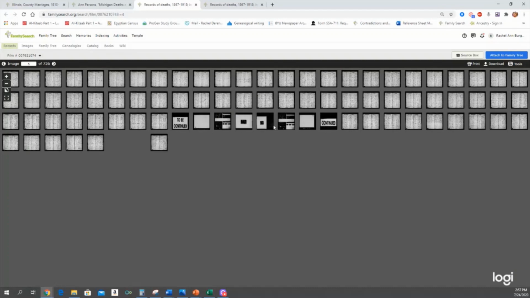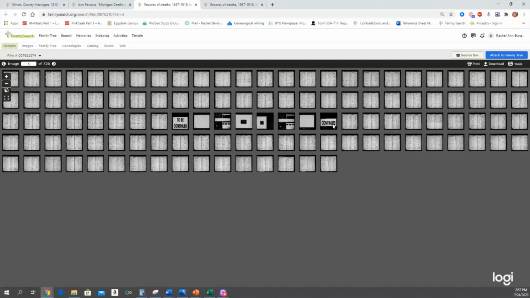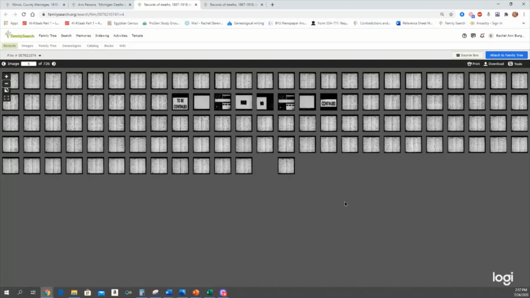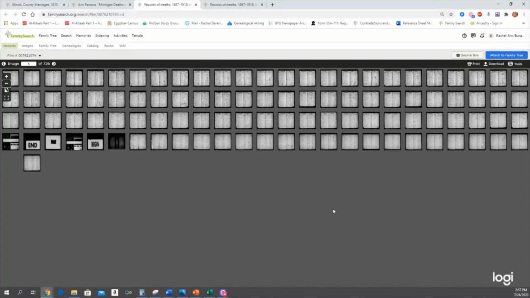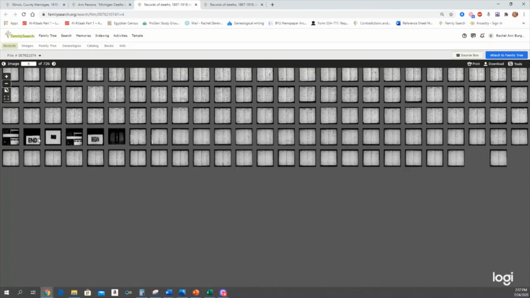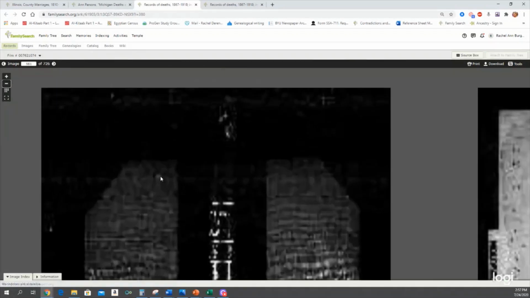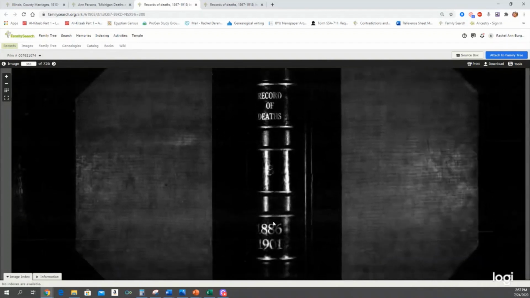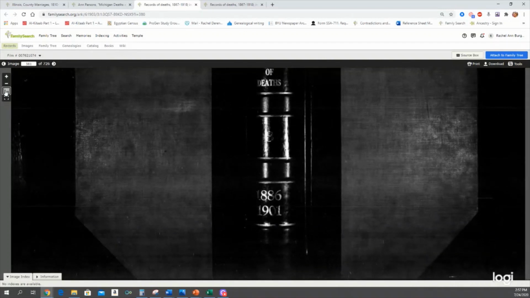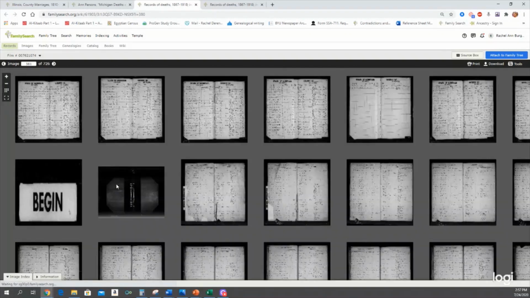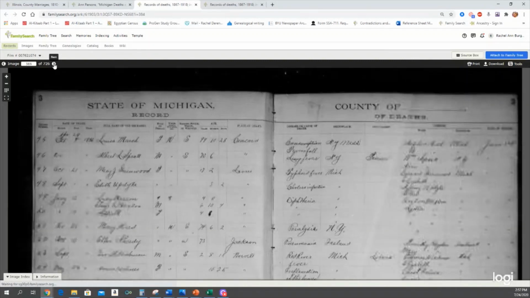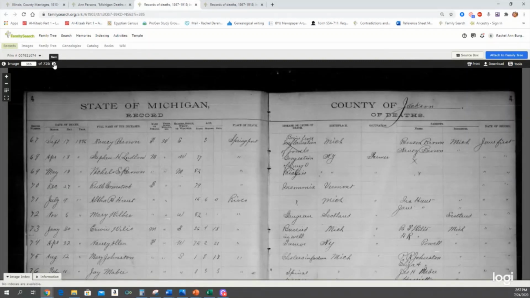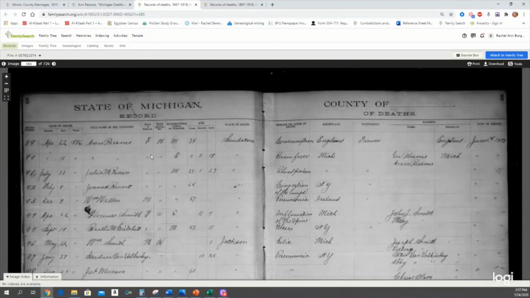Okay, well, this looks like some indication of maybe a new microfilm, but I don't see a book spine, and it actually says continued. So you're still looking at book A right here. Okay, that says the end of that. We're starting a new one. Let's make sure this is book B. Record of Deaths, 1886 and 1901, book B. And I actually didn't need to zoom out because, remember, it's page 5. So it's close enough, you can just click some pages over until you get to page 5. And luckily, Ann Parsons is at the beginning.